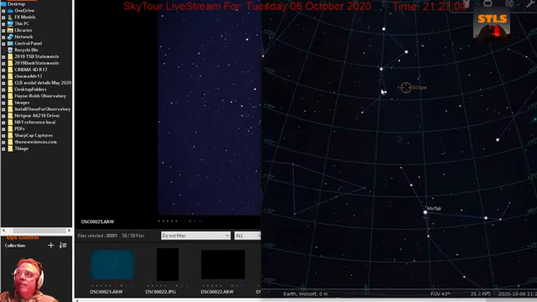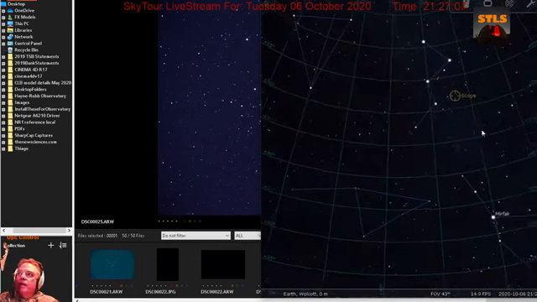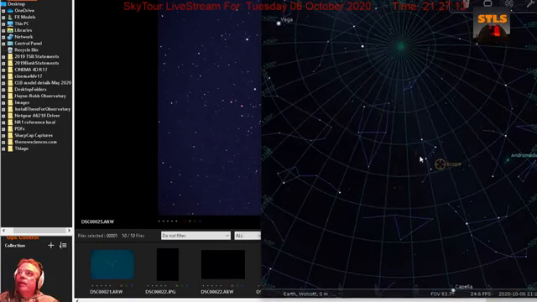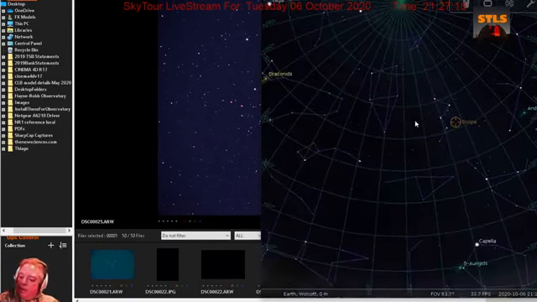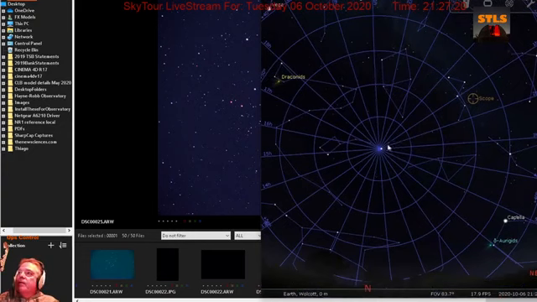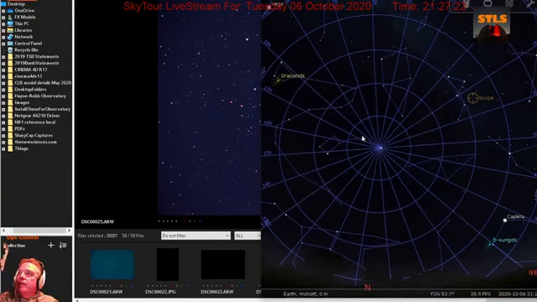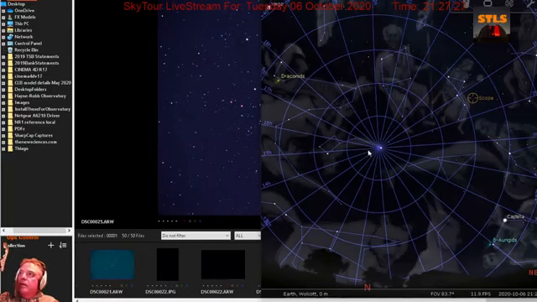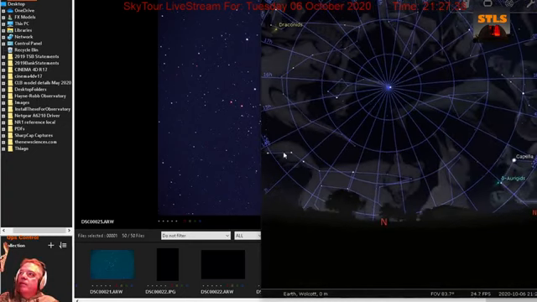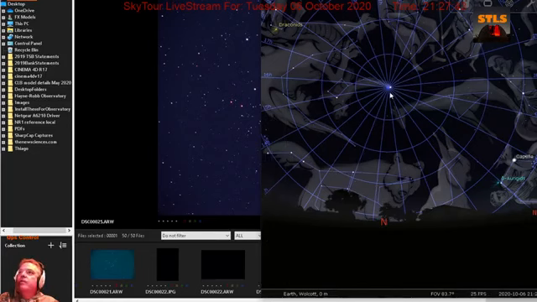You see the W of Cassiopeia, and you say, well, where is that in the sky? Well, let's back out a little more, and let me get rid of these lines here and bring you these other lines. This is the North Star right here, and this is the Little Dipper. That's the Little Bear. And the Great Bear is down here, the Big Dipper. You can see the Big Dipper right here. 1, 2, 3, 1, 2, 3, 4. These are the bowl of the Big Dipper here. These two stars point to the North Star.